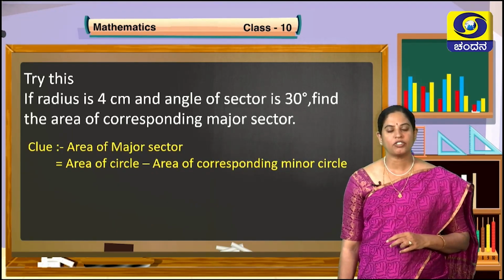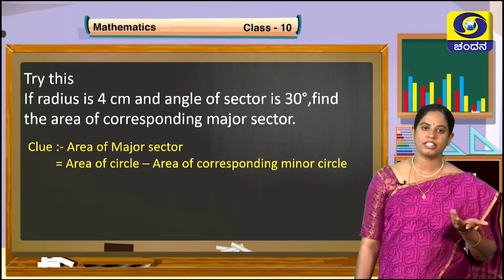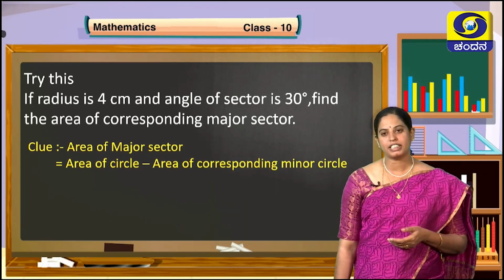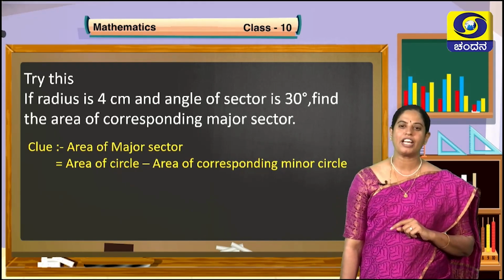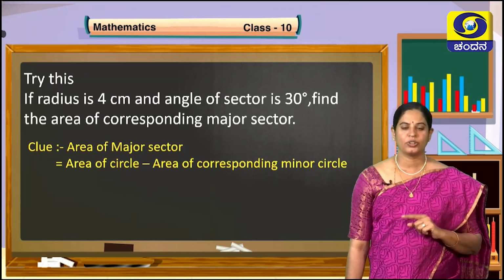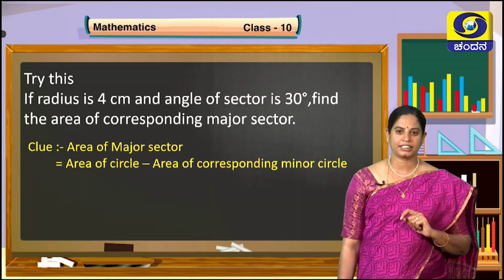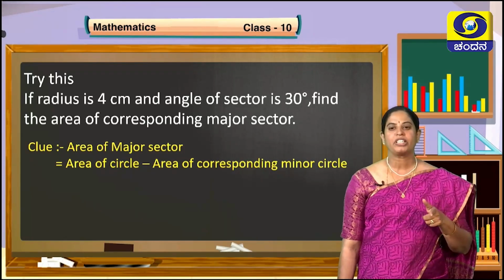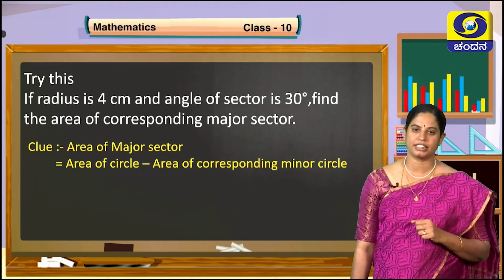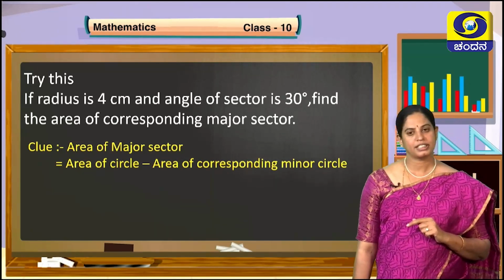Area of the major sector equals area of the circle. You know how to calculate the area of the circle. If you know the radius, you can easily find the area of the circle. It is pi r square minus area of corresponding minor sector. I think you see why I said to remember the value 4.19 centimeter square. You catch the point. Yes? So, calculate the area of the circle and subtract the area of the corresponding minor sector, because the previous problem is same, but there they asked to find the area of the sector, that means the minor sector. If you subtract it from the area of the circle, you will get the area of major sector. Try this, children.